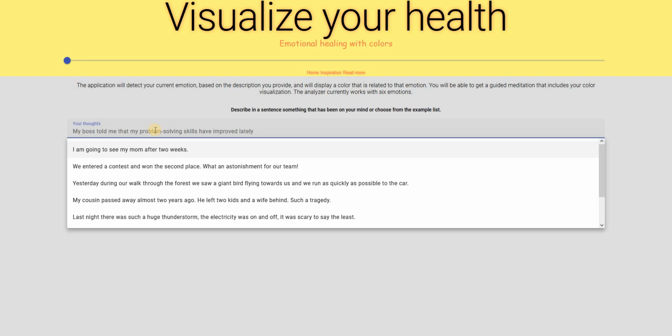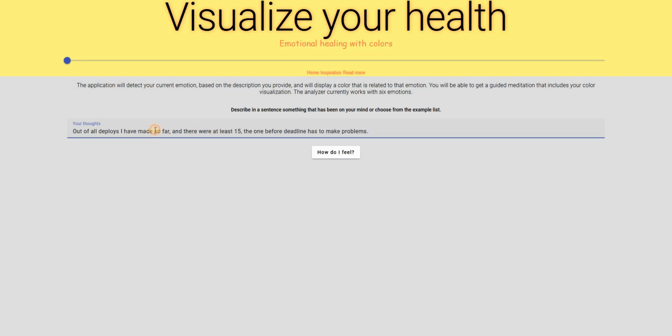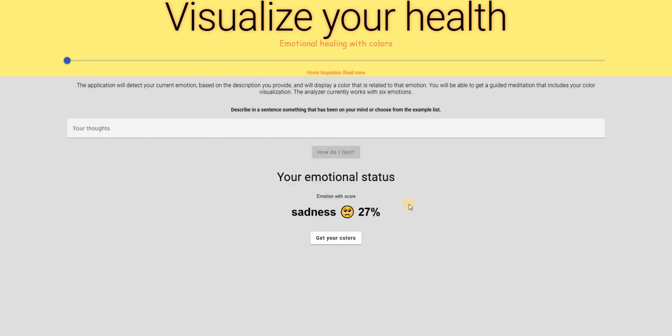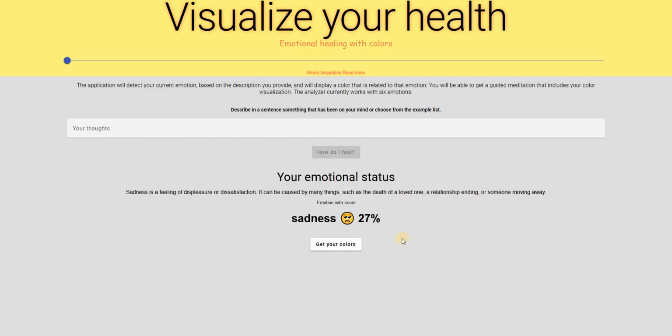So here's one prompt that I have, which says that the deploy has not gone that well. To detect the emotion out of this prompt, the application communicates with the Emotion Analysis API, which basically returns the emotion that is detected. In this case, of course, this is sadness, and I am sad because